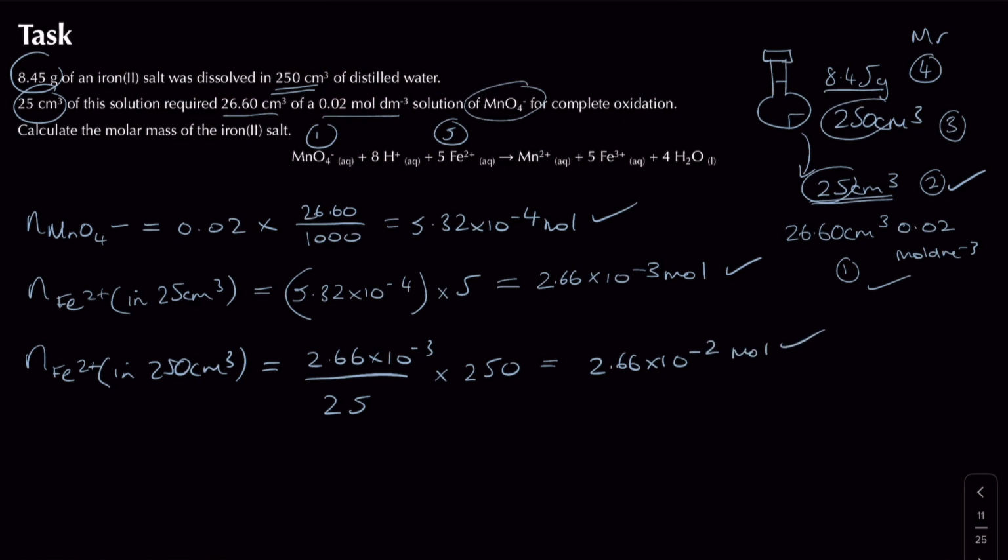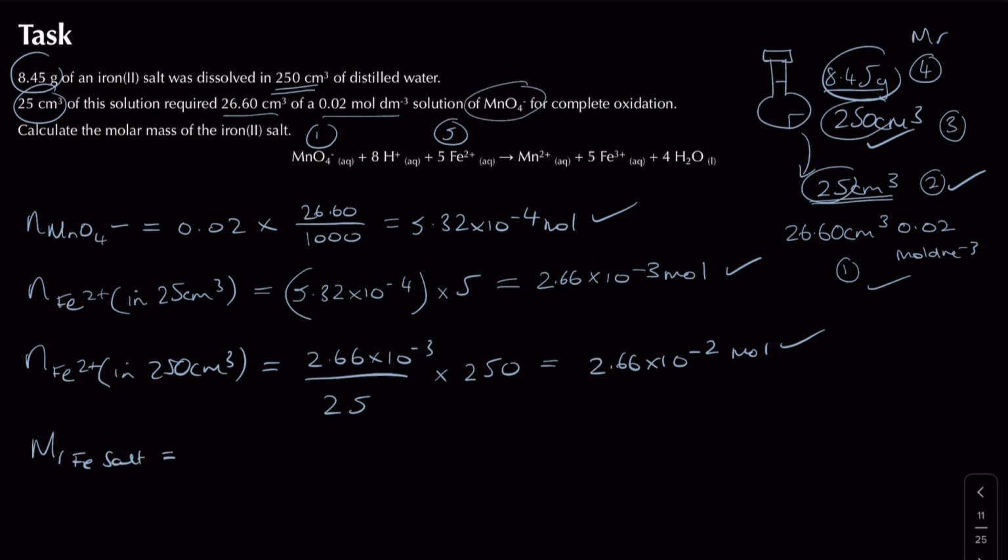I would prefer that you keep these in standard form. Now of course we found the moles there, so we know that 8.45 grams of our salt has been dissolved in 250 cm³. So we know that's our mass, and there's our moles in 250 cm³. We know that the Mr of our iron salt itself